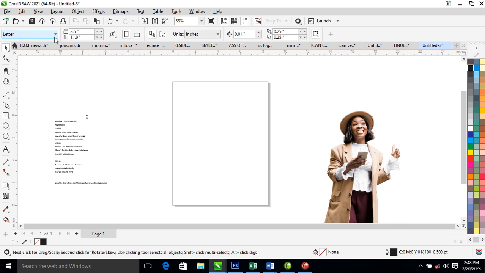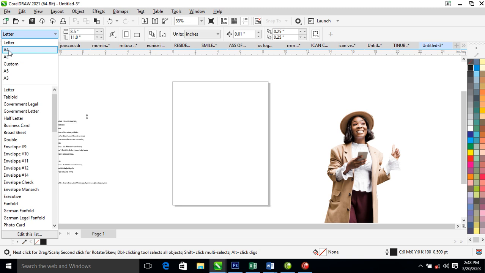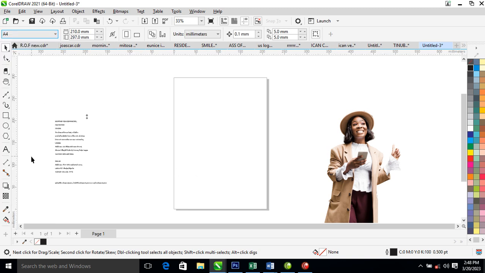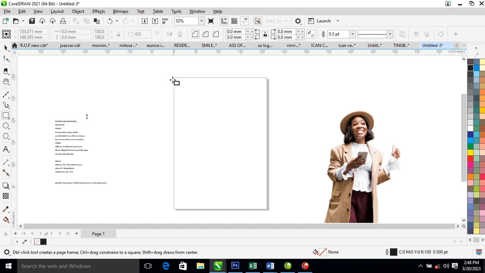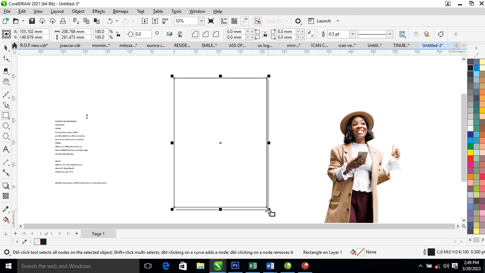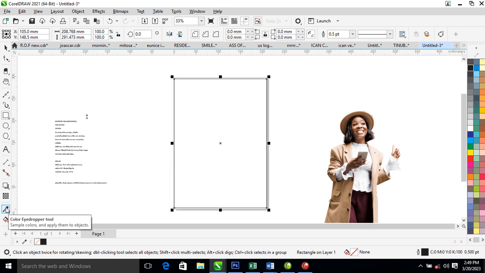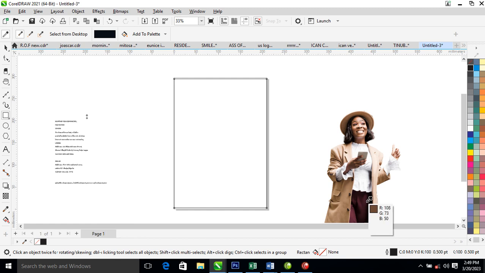So let's go ahead to this place, change it to A4, then go to your rectangle tool and create an object on top of that. Good. After that, what we need to do is look at what can really complement this design. So let's go ahead and sample this woman's color